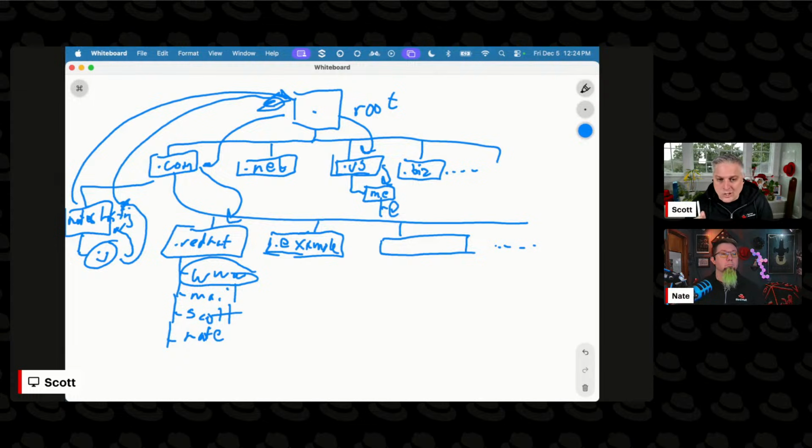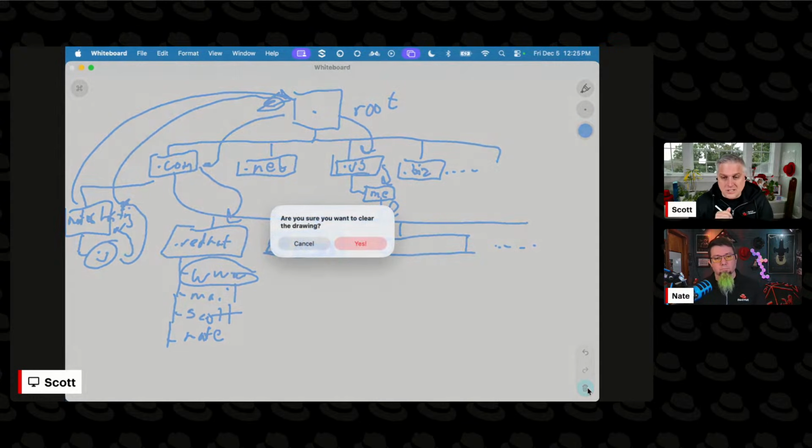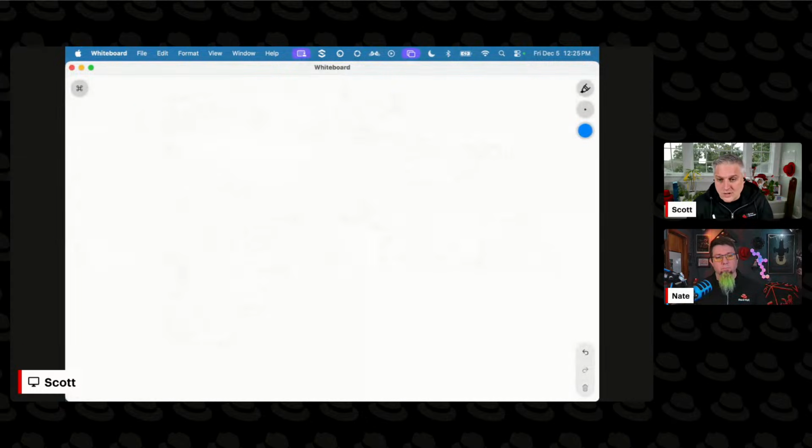Where it gets a little bit crazy is reverse zones. And that's something we've not talked about yet. We've talked about DNS domain name zones. And it turns out there's another kind of zone that we can serve, which is internet address zones. Right. And they're actually organized the same way. Right. So up here are the roots of the internet.